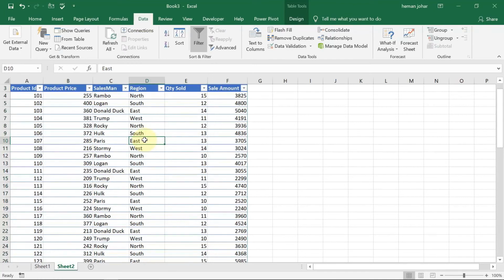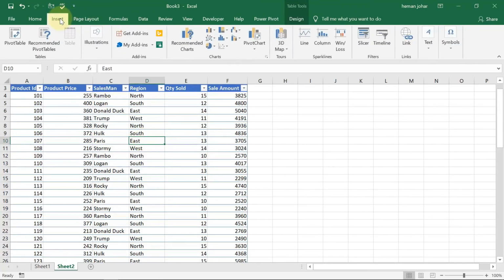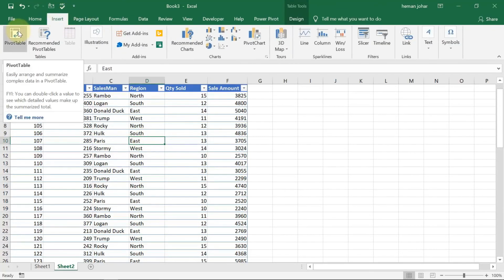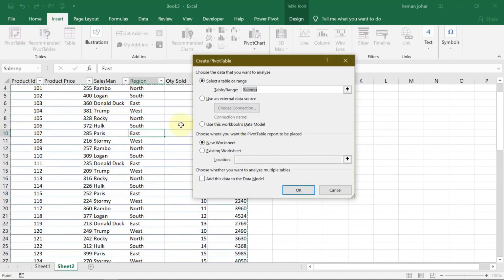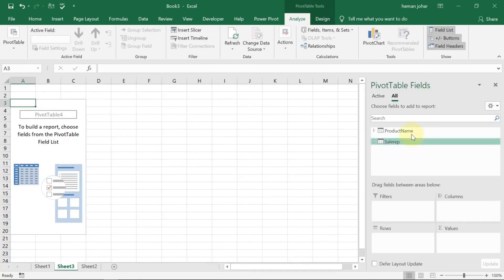All right. So now this is created. Our table is created. All we have to do is just create our pivot table from multiple sources. So I'll create a pivot table. Go to Insert. Click on Pivot Table. And now I get this option, use this workbook's data model, because that is what we did. When we created that relationship, we created our data model. Where will I want this table to be located? In a new worksheet. Click OK. And you see over here, there are two ranges. See, product name table is here and the sale rep table is here.